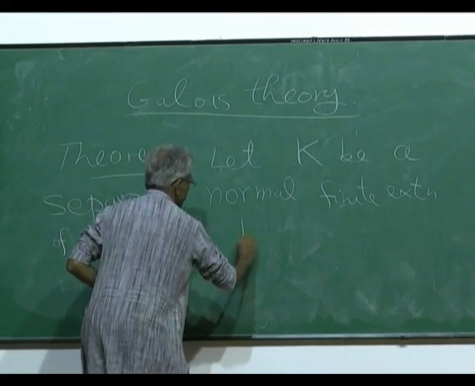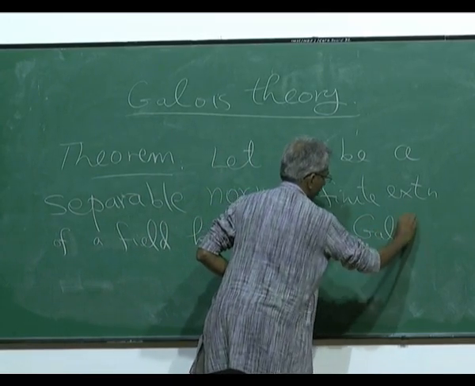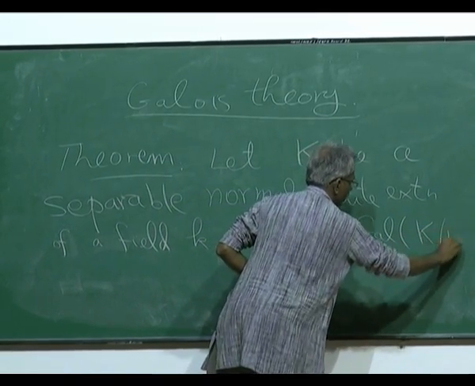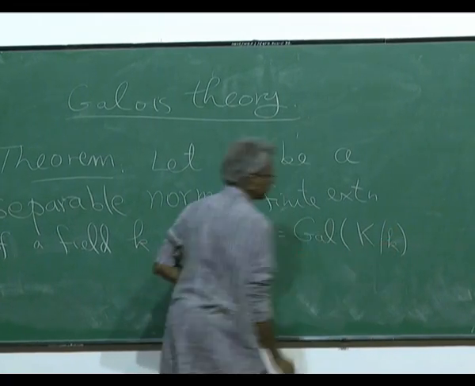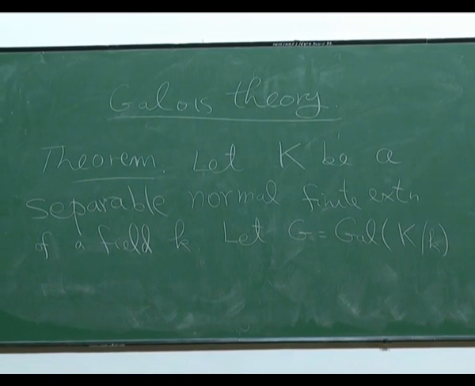Let G be the Galois group of K over small k. Okay. Then